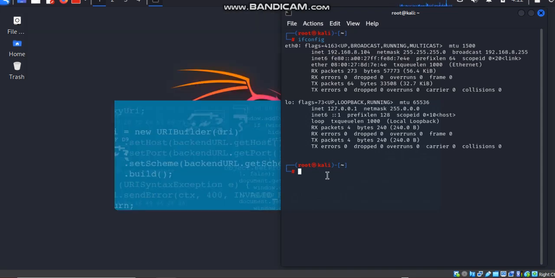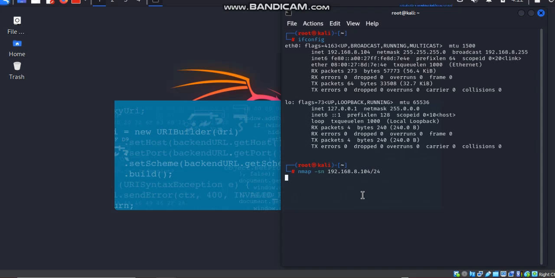So let me check Nmap, with -sn. I'm going to check all the devices that are connected to the network. 192.168.8.104 then /24 since I'm in my private network. So it's going to show me the list of devices in this network.